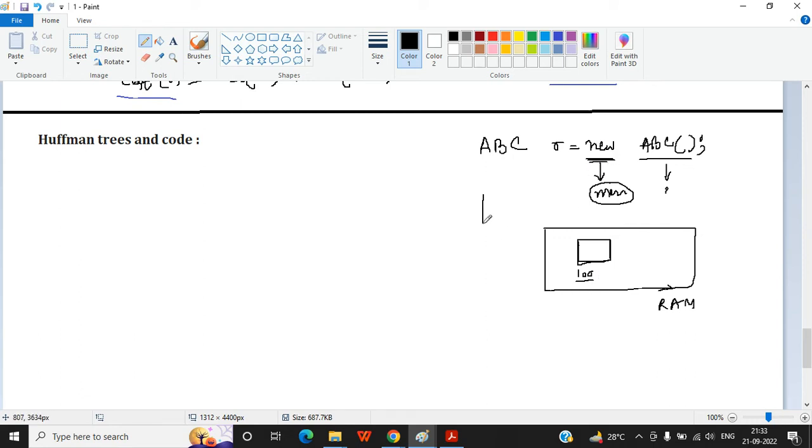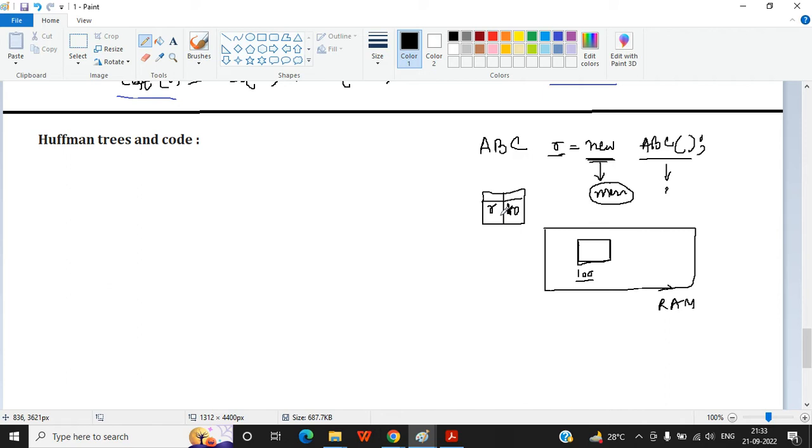Now somewhere in the memory, a table will be there, that is a symbol table or something like that, where this address is kept. The JVM must have the knowledge of where in the memory this object is situated. For that purpose, the compiler stores the address in a table, and this address is given a name. That name is your r. And name means what?